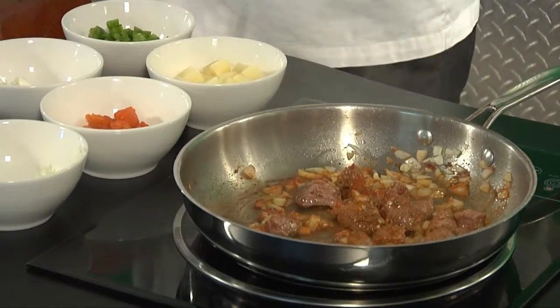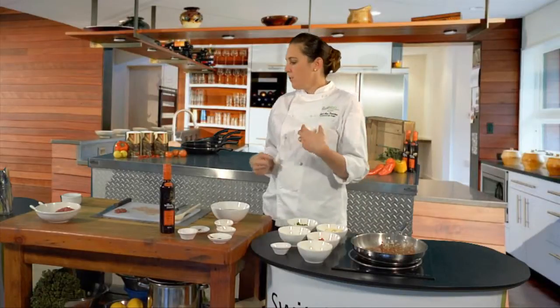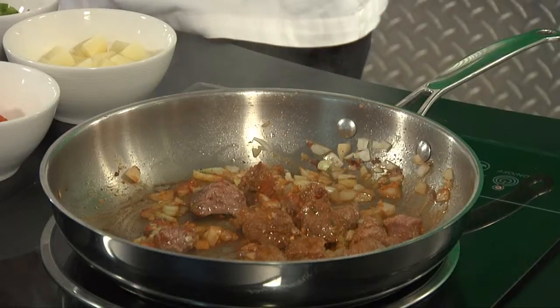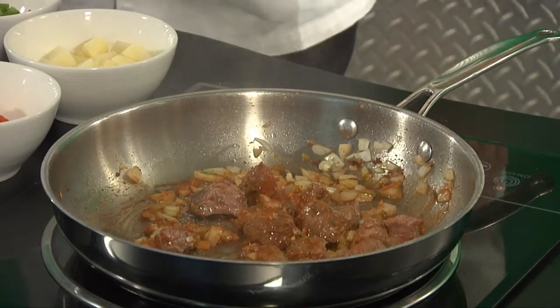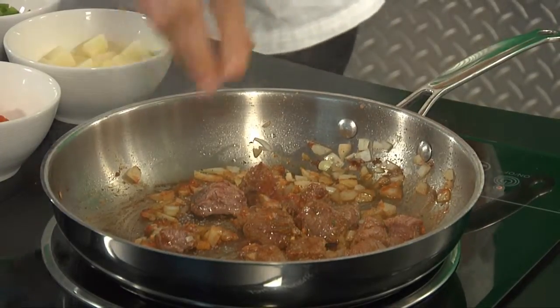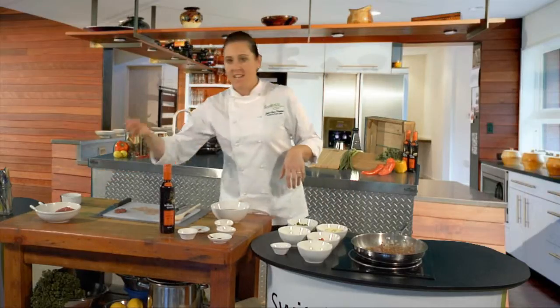Right about now would be a great time to start seasoning your meat. So we held back on the seasoning so that excess moisture didn't come out of it. But now it's sealed, all those beautiful flavors and moisture is trapped into the cube, and now we can add a little bit of salt, add a little bit of pepper,